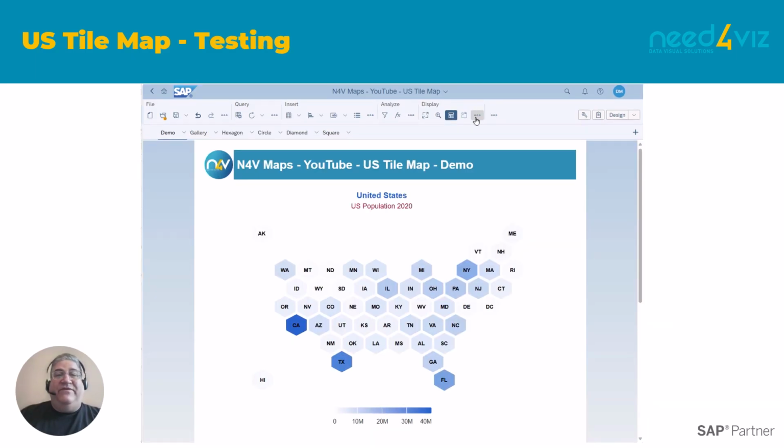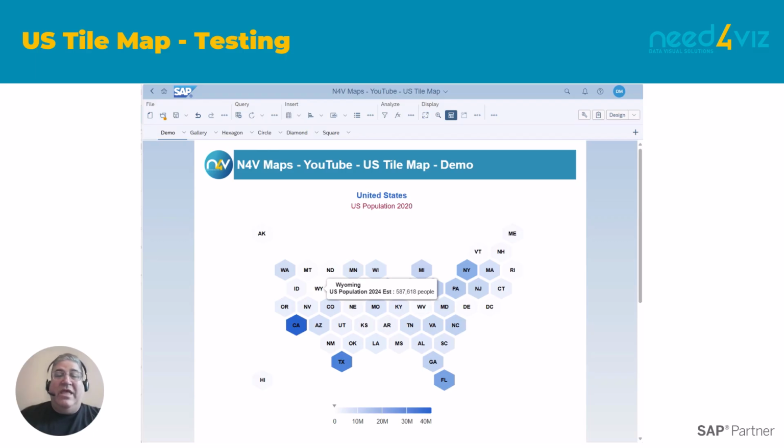All right, now that I've configured the tile map widget, I'll test it. So from the main Web Intelligence toolbar, I'm going to go into Custom Element Interactions. And that'll allow me to use the dashboard as a user and not as a Web Intelligence designer. Okay, this is a fairly simple widget, so there's only 2 questions to answer during testing. Am I satisfied with the format of the tooltip? And are the state codes legible against the tile colors that I've chosen?